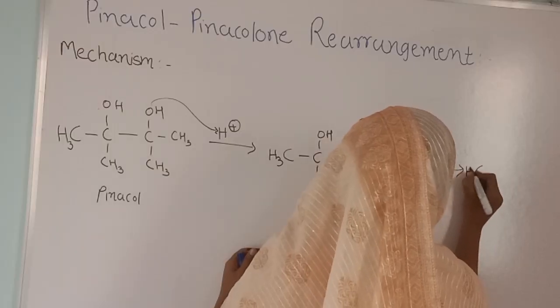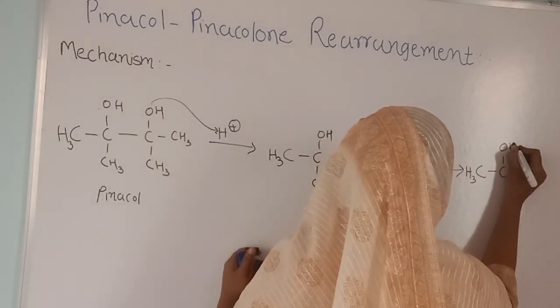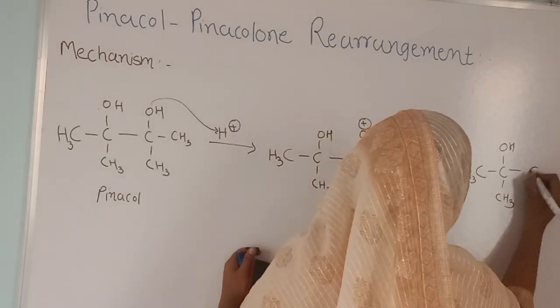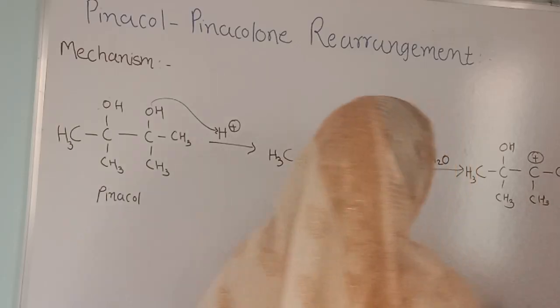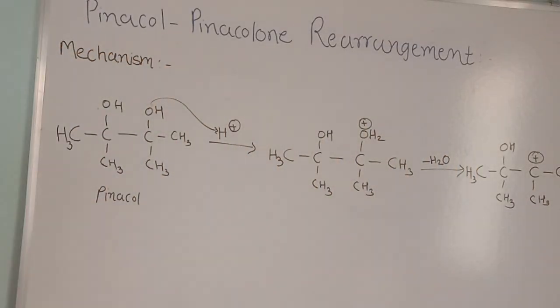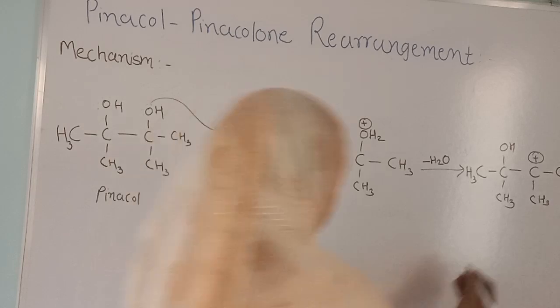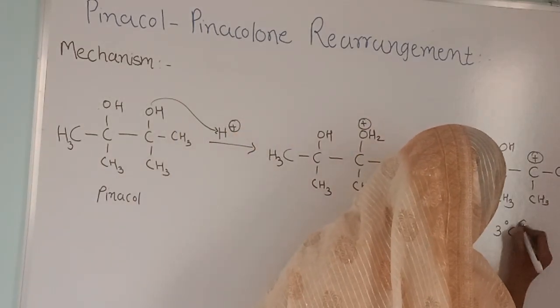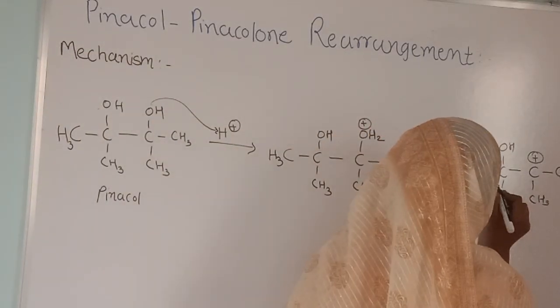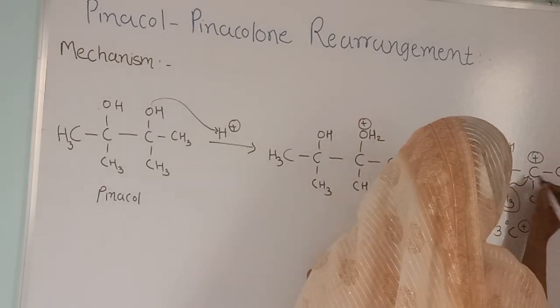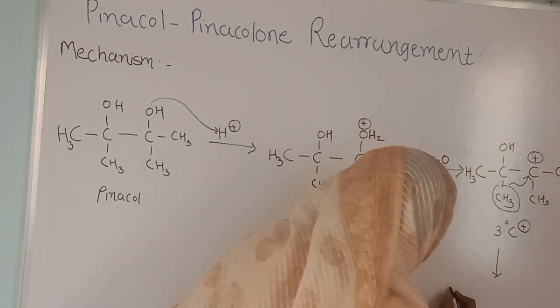Then what happened? CH3, COH, CH3, C carbocation. It is a very important part: formation of carbocation. Which carbocation? It is a tertiary carbocation. After the formation of the carbocation, here is migration of a methyl group. This methyl group will migrate onto this carbocation. Then in the next step